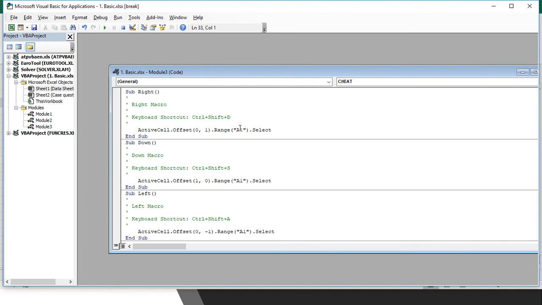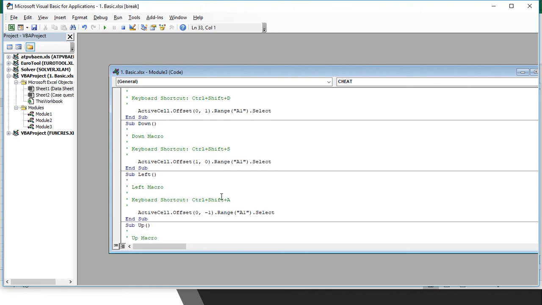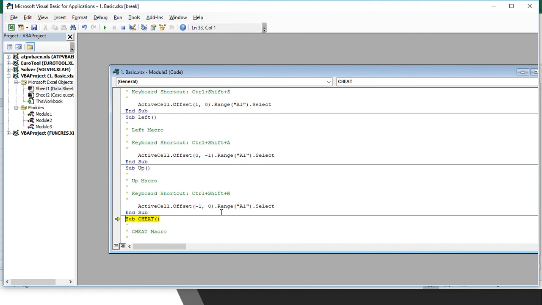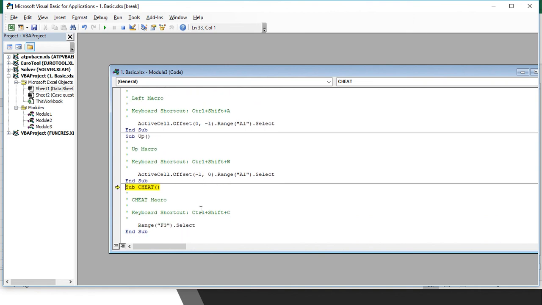It is going from A1, right. So it is performing right and left with an offset, down with an offset like 1, 0, left with minus, and up will be minus in the first place, and what cheat does is directly go to F3.